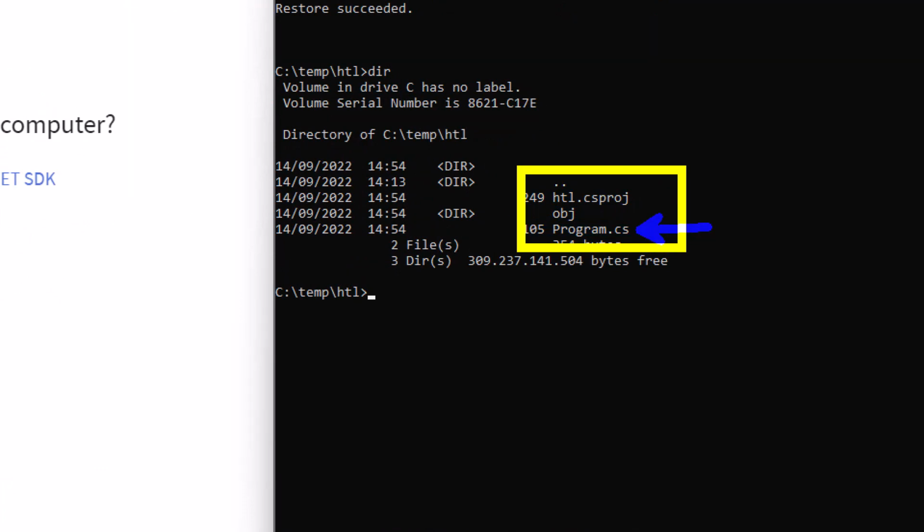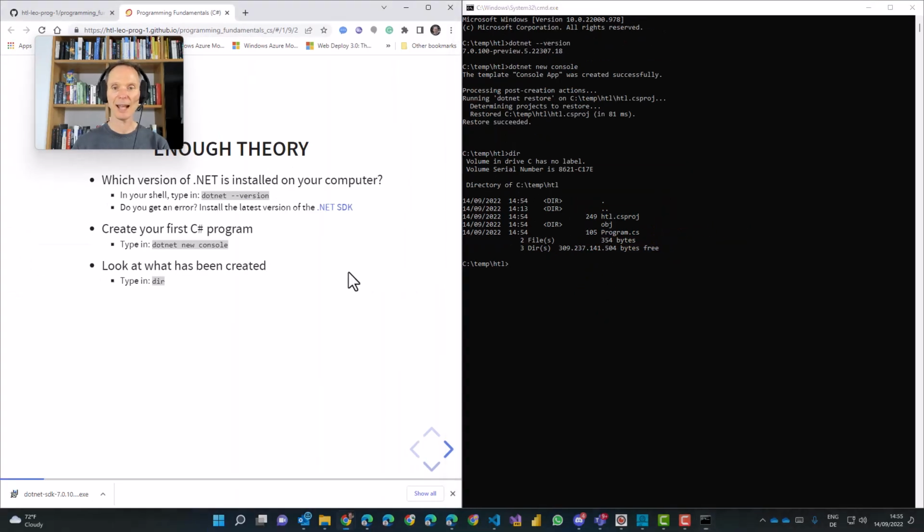This CS stands for, here, let me type it in, C#. Okay, CS stands for C#. Program.cs is the program that we just created. There are two additional files here, one file and one folder, which we currently ignore. The only thing that we are interested in is this Program.cs. Hey, great! You just have generated a little bit of code.